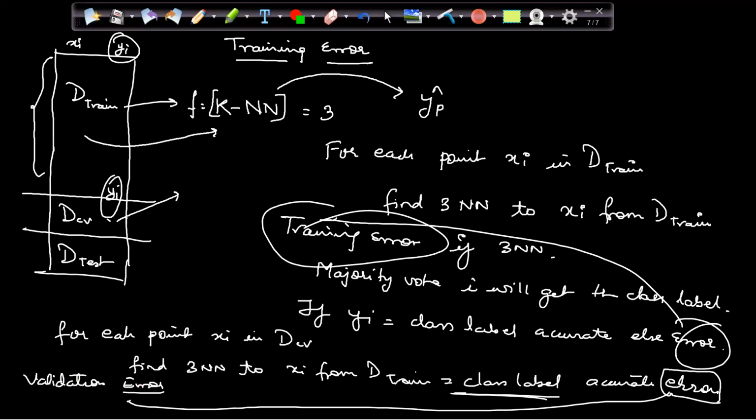Okay. So two types of error coming in. One is, once I created the model, I will pass my train data on that model. I'll get the predictions. There will be some error. That error is known as training error because we are passing training data on the model. After that, on the same model, I am passing the validation data, CV. I am getting the predictions. There also I will get some error, and that error is known as validation error. These are the two types of error we have. Okay.